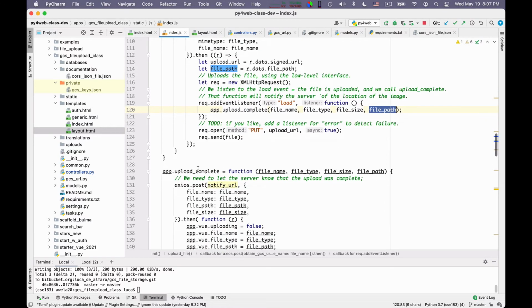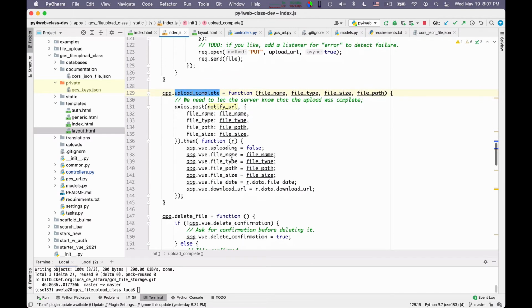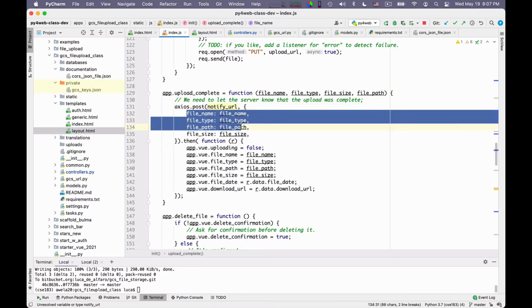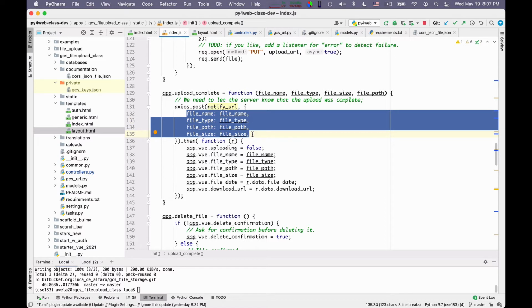So upload complete is not very complicated, and will essentially do a post to the notification URL saying, hey, look, this file has been uploaded. So now the server knows, can keep track of it, can write it down in the database, and then says, okay, once the server has been notified that the file has been uploaded, everything is done.